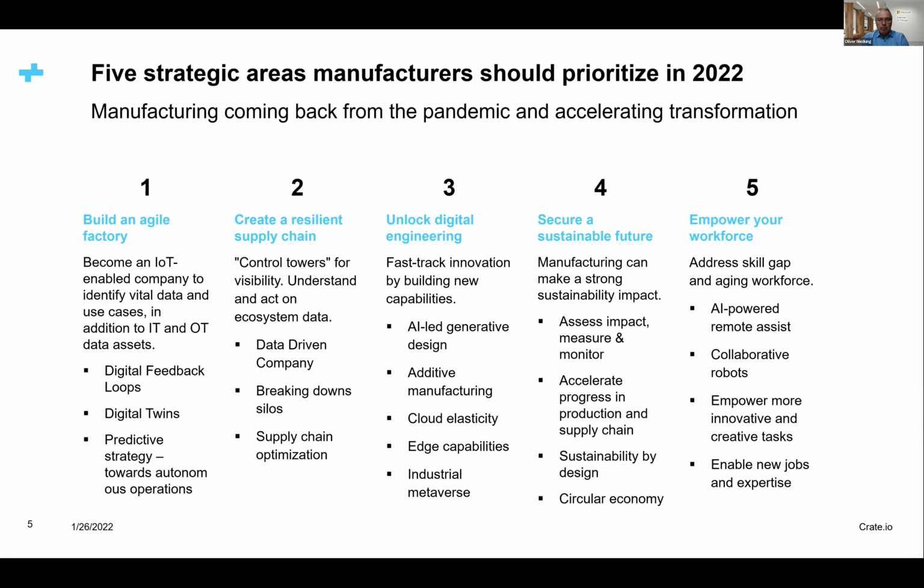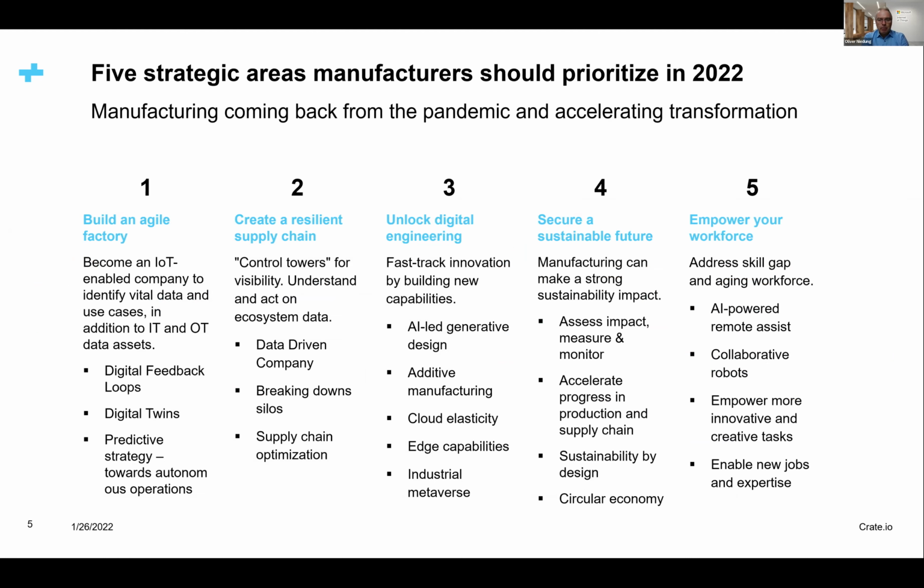The five areas that we're seeing: one is in the area of the agile factory. So we really see that companies should look at identifying the absolutely vital data and the right use cases. You will also see some bullets, because you will find some of these words back in people's strategies, as well as why they are doing certain activities.